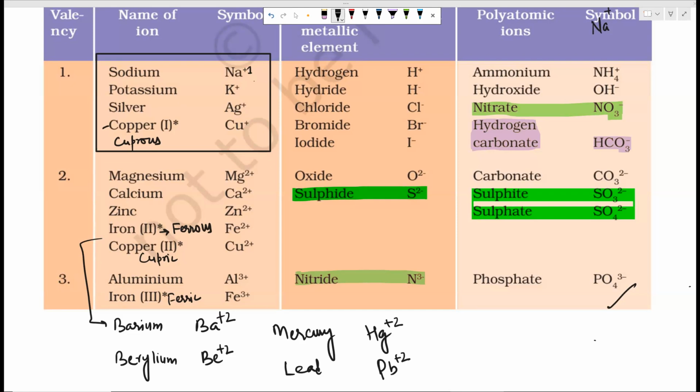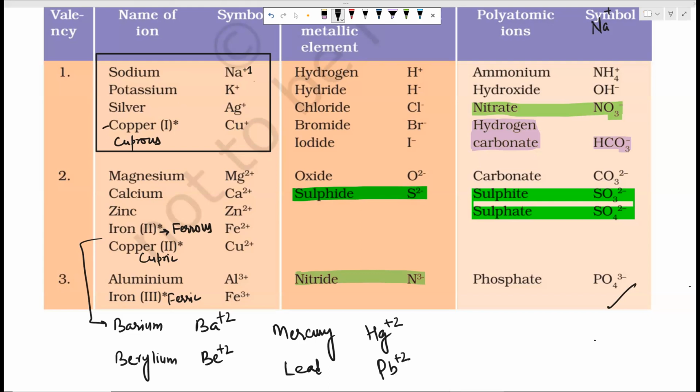Oh, wait, no, I have to finish the other part. You finished? Finish the part where you added barium plus 2. Beryllium. Mercury Hg plus 2. Done. And if you learn this chart properly, then 40% of the total chemistry you have learned